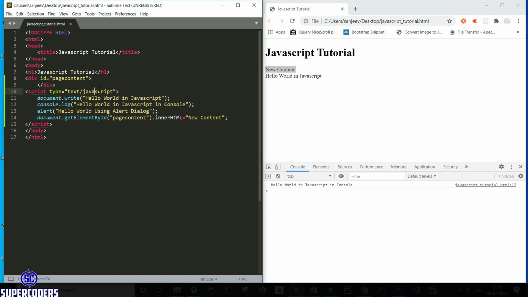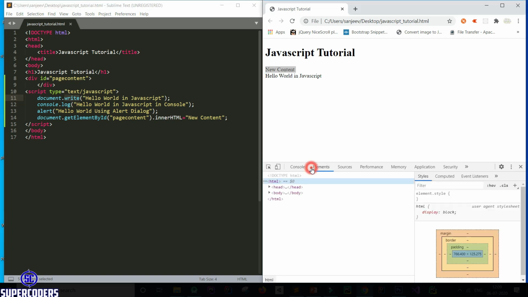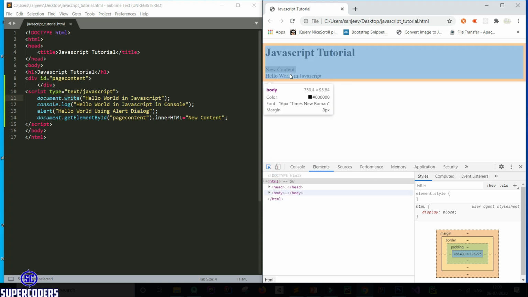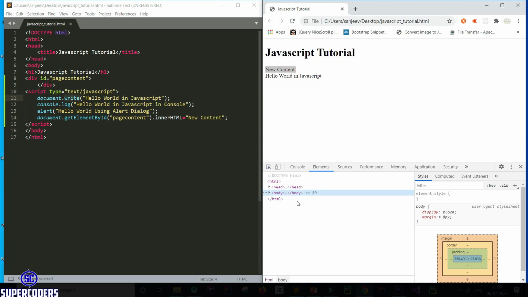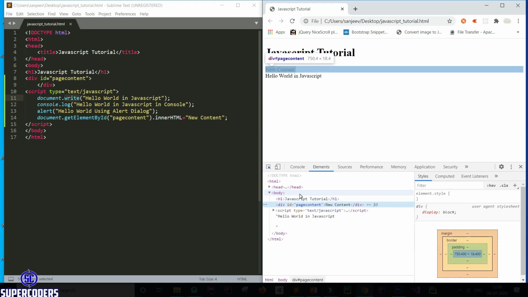So basically let's see what is here. Document. So document is our page data which comes here from body to this body render. This is our document.write. So writing some content in our page. This will be written anywhere in our page. Let's see here this content. So you can see this message is written anywhere in our page.